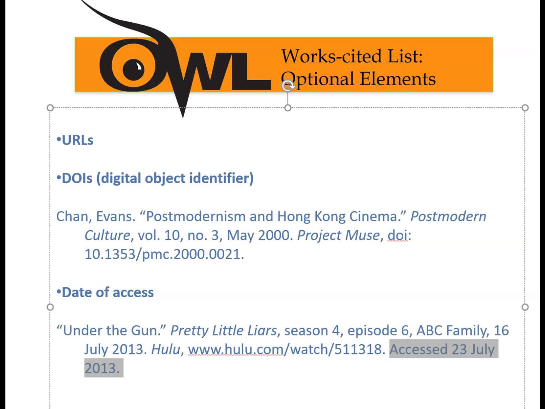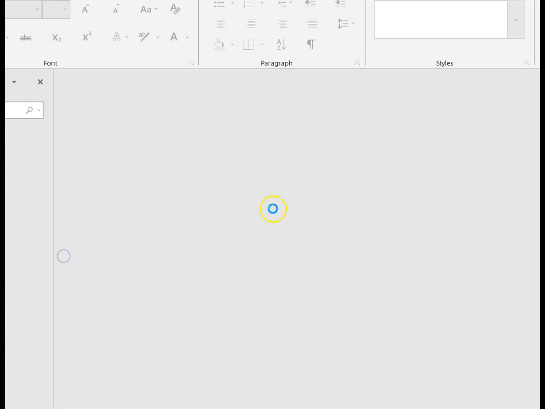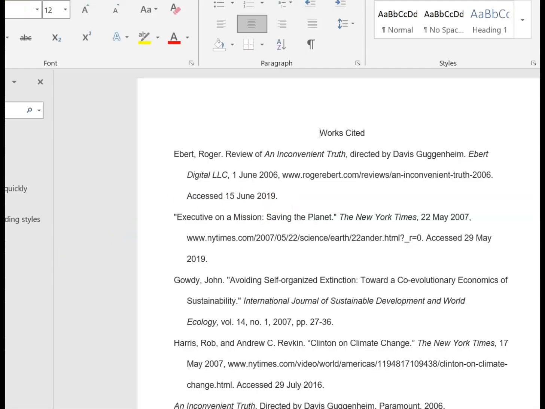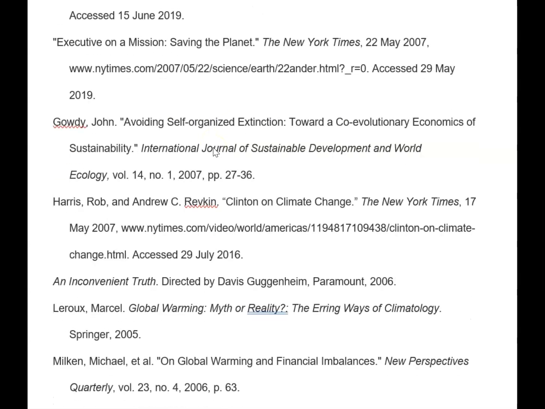And that's basically it that you need to include in your MLA works cited citation. So we'll just take one more look at our example here. So here's your sample works cited page, and